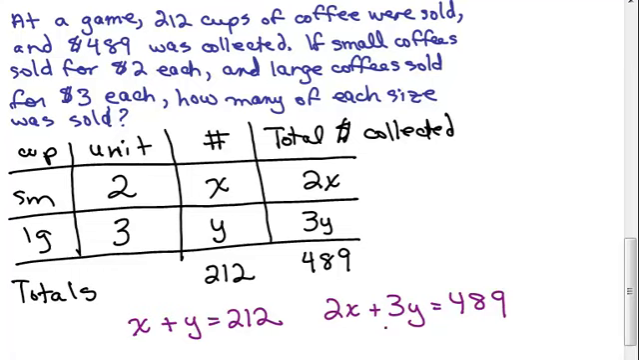So this is our system of equations. We have 2 unknowns or 2 variables, and we've got 2 equations. So you can either use the substitution method or the addition elimination method. I'm going to use the addition elimination method